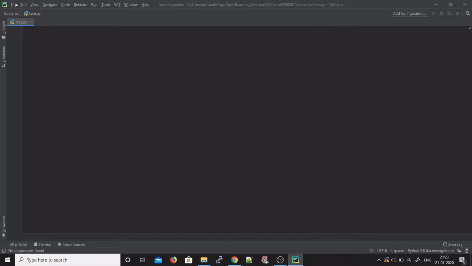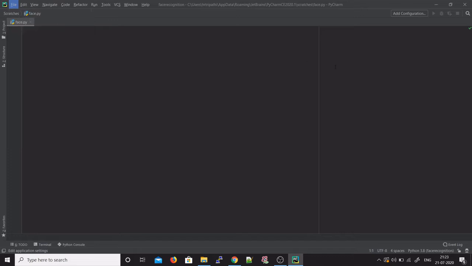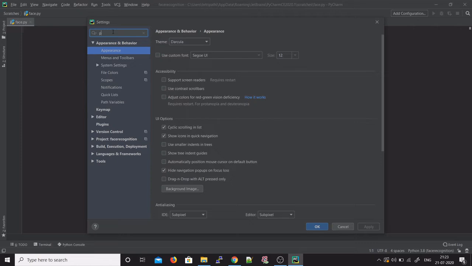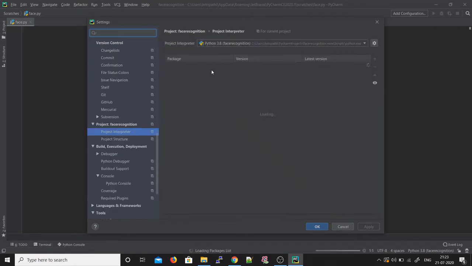Now the next thing we need is to import our libraries, right? For importing, first we need to install them. For this particular program, we are only going to be needing the CV2 library. To install that, go to settings, then search for project interpreter. There you go.